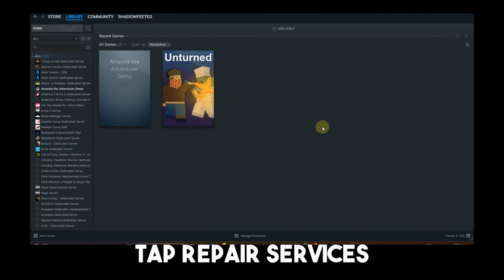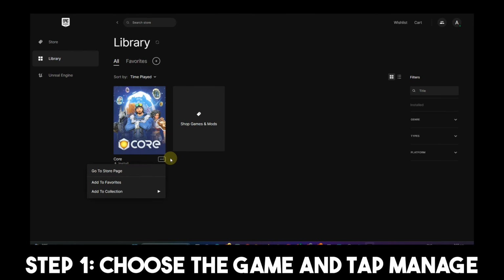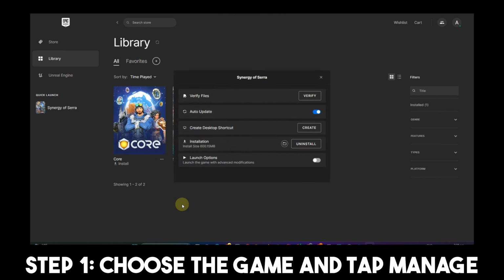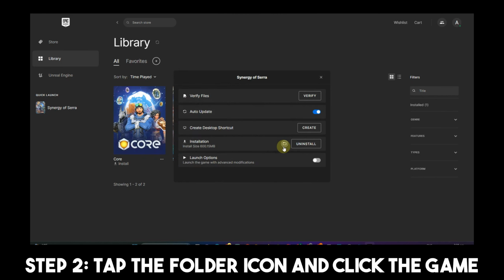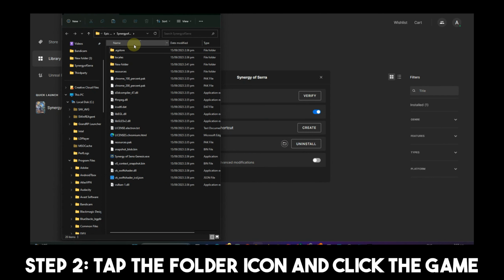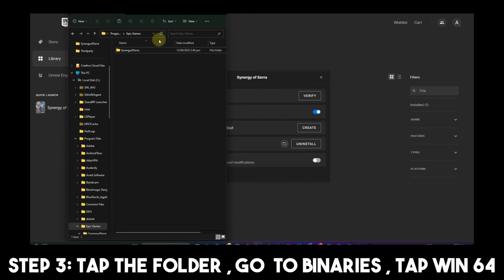For Epic Launcher, step one, you just have to look for the game and then tap manage. Step two, you just have to go to this folder icon here and then look for that game, the name of the game. And then after that, step three, what you're going to do is to simply tap the folder,